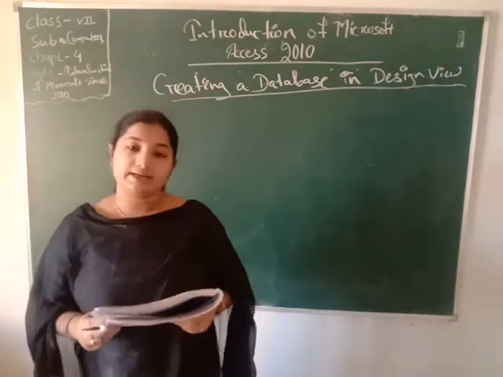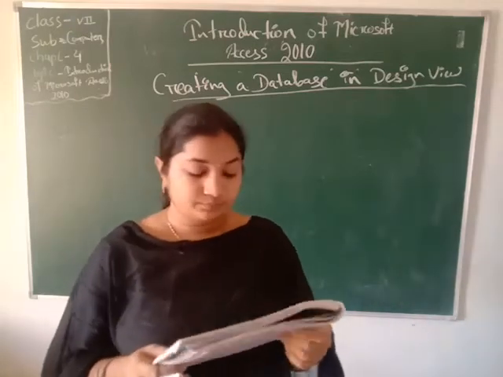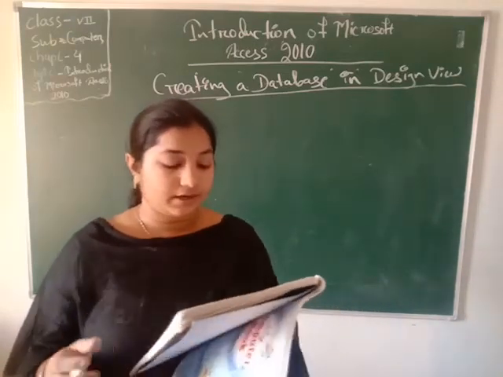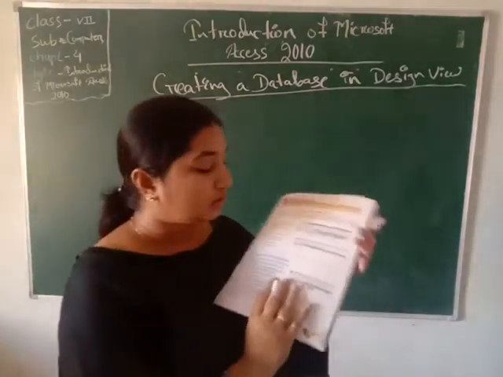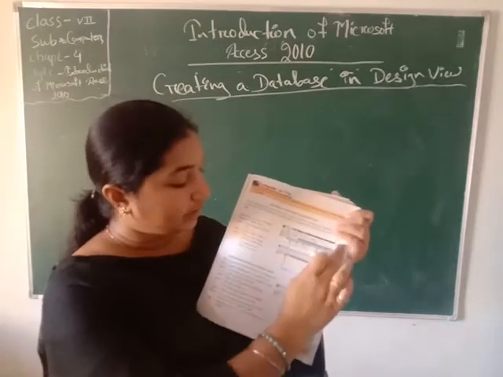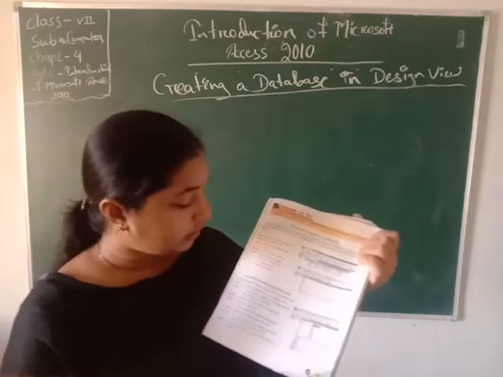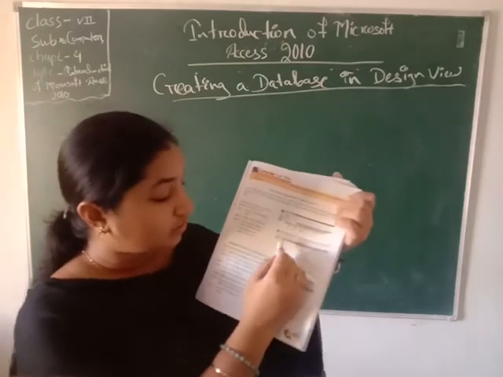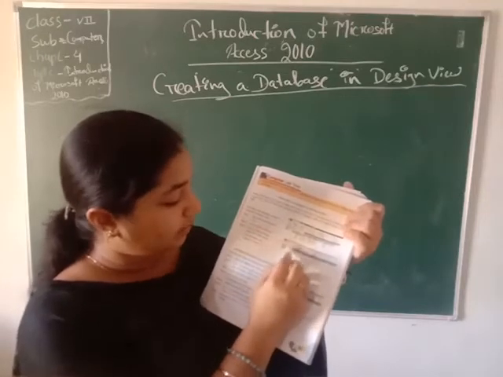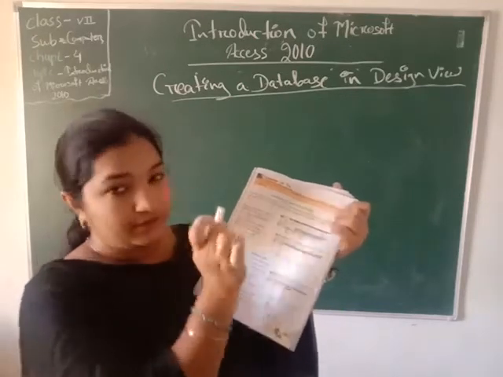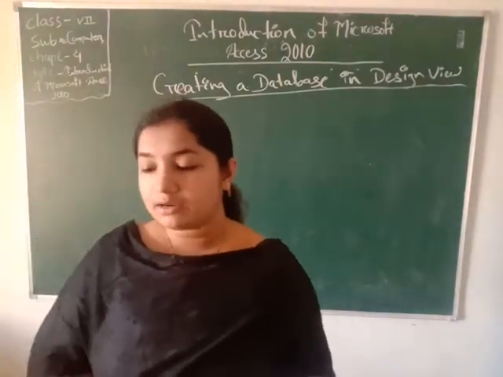Again, click on the Create tab. You also know how we can find the Create tab. That I also told you. After that, click on Table Design under the Tables group. So here you can see how we can create the table design under the Tables group, and the database will appear soon. Here we have to click on Table Design and this will appear after clicking on Table Design. So now we know about entering a record in design view.